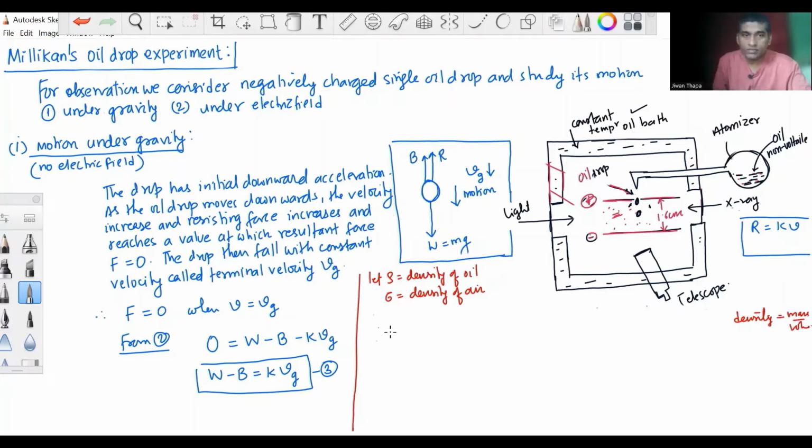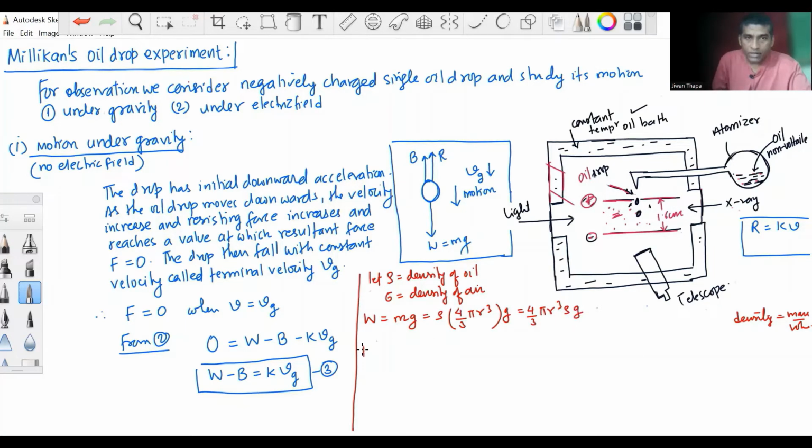Therefore W equals mass of oil drop times small g, and mass is density times volume. So density for oil is rho, and volume of oil drop is 4/3 pi r cube, and we have g. So we can write 4/3 pi r cube rho g,